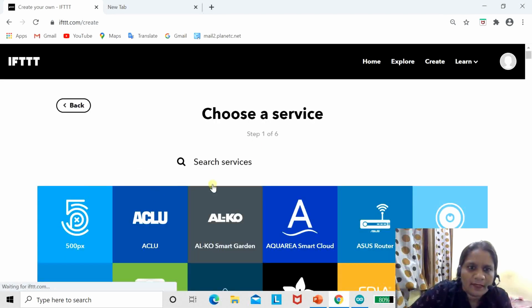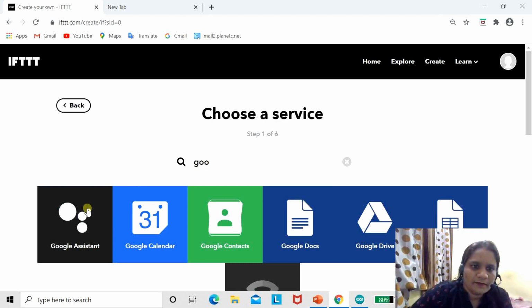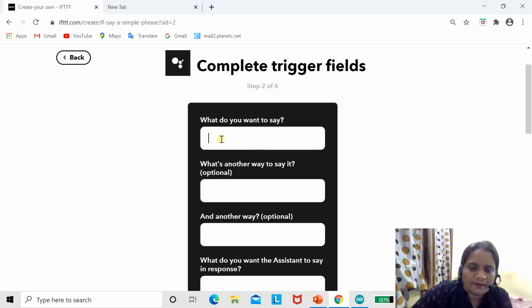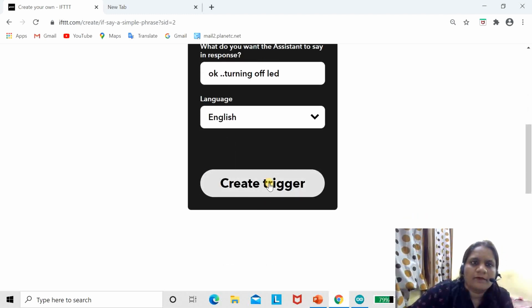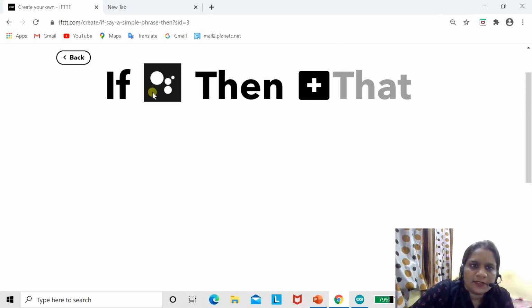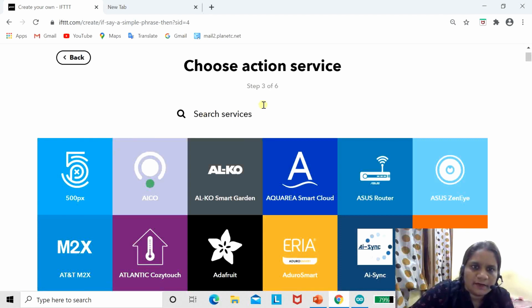Create, If Google Assistant, simple phrase, turn off LED, okay, turning off LED.